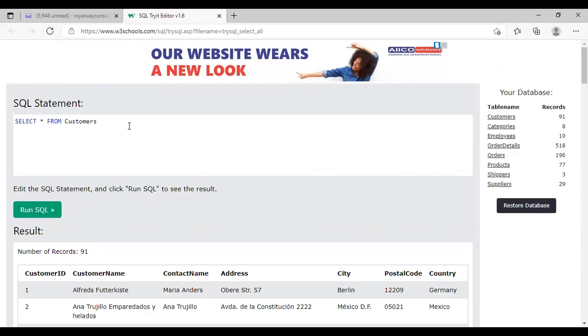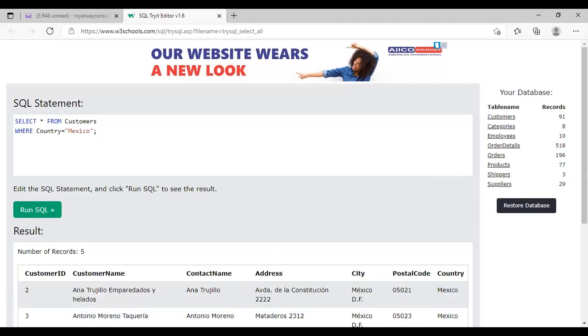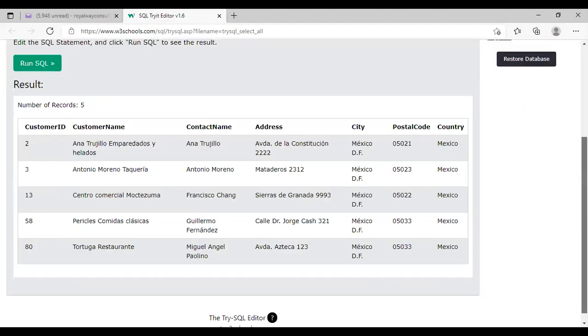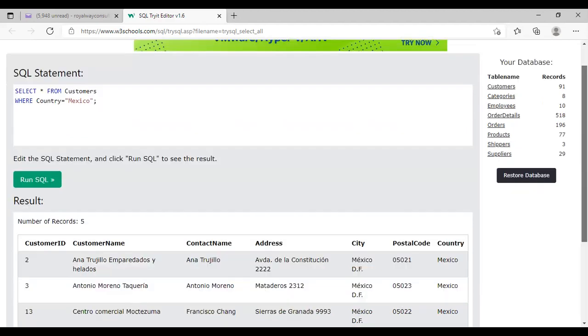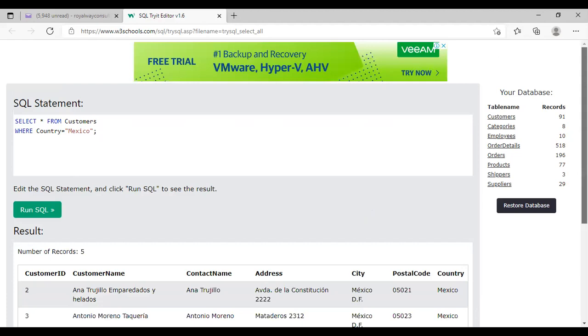So let me pick another country, where country is equal to, let's say, Mexico. I think I see Mexico there. So if I run the SQL, you can see it brings up 5 records. So all these commands can be used